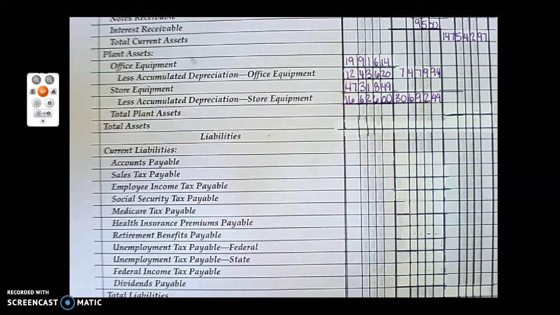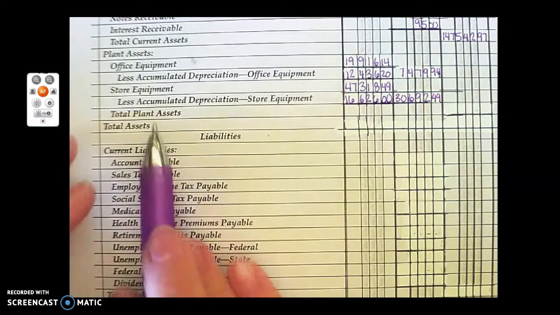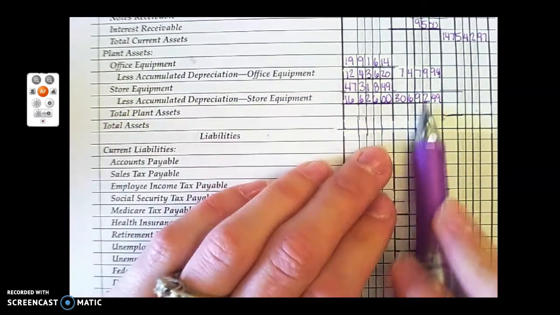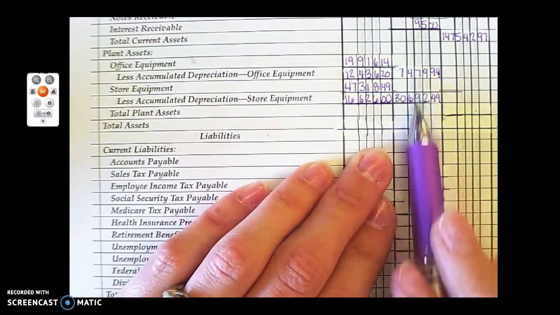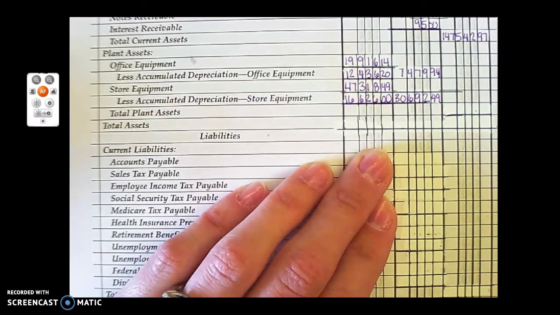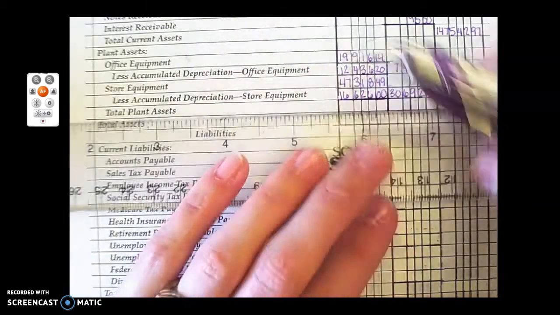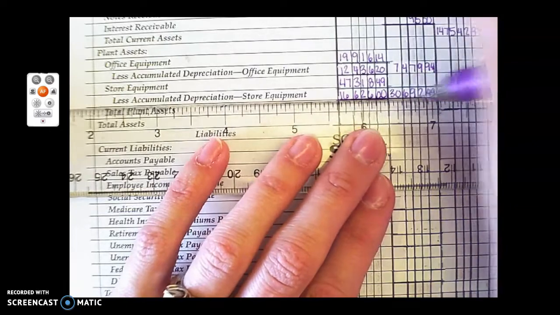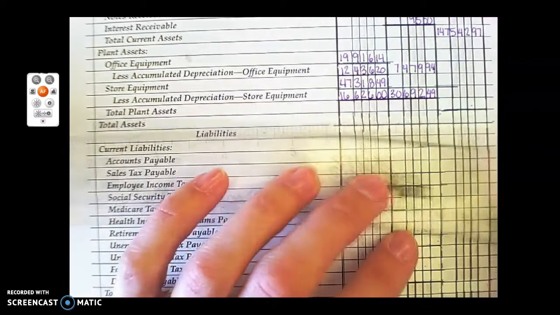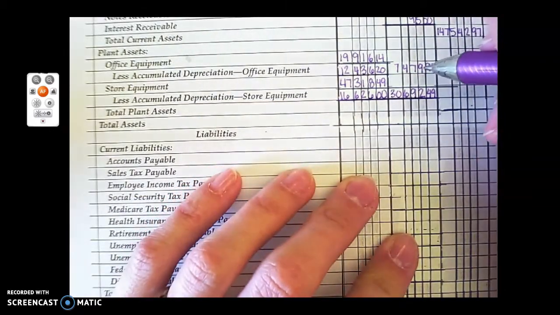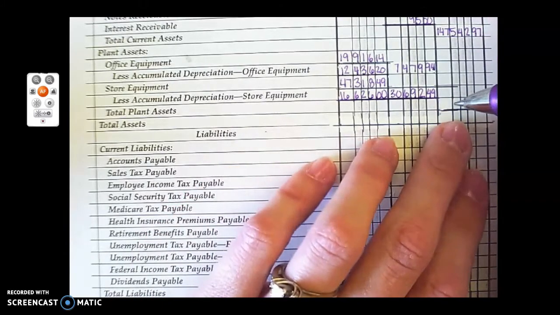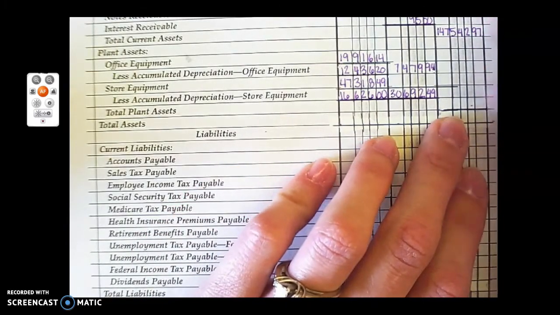We next need to calculate our total plant assets, so we will add the book value, the two numbers in the middle, to calculate that. So we again will need a single rule. If we add these two together, we'll put it in our far right column. Our total plant assets is